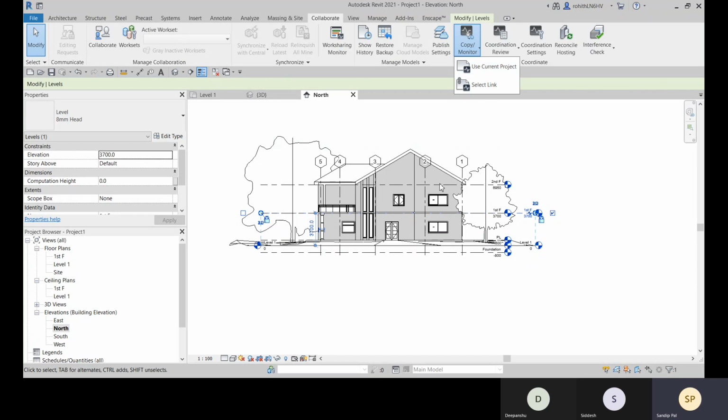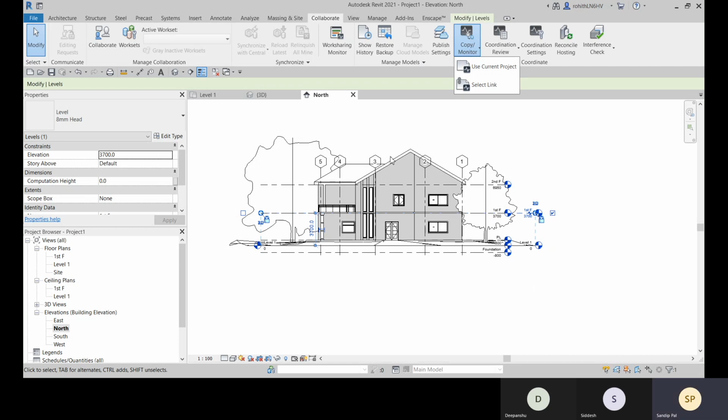This will not only copy, this will also monitor with this Revit link file. So what we mean by Revit link or any link file, either that is CAD link or Revit link. Whenever we use a link file, it is linked with the original model. Okay. So suppose you are creating a project for a structural model. Suppose you are going to create it from scratch. So for the scratch structural model also, these levels will be there, right? These are the levels which will be the same for your structural model, correct?